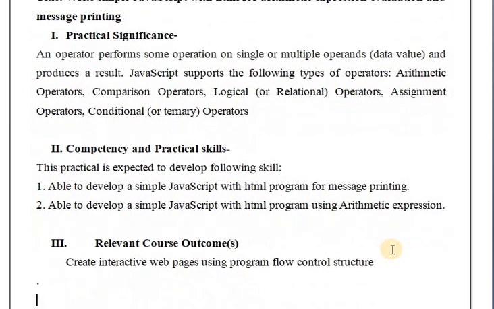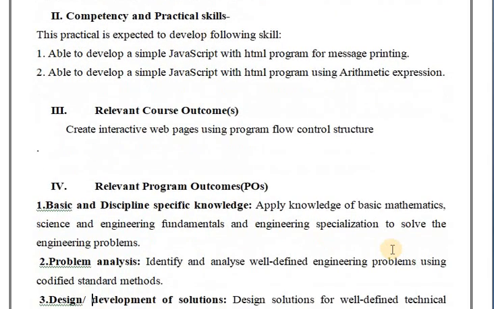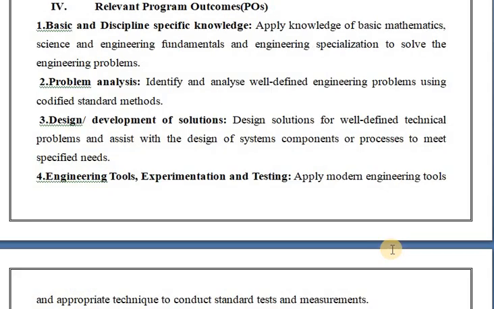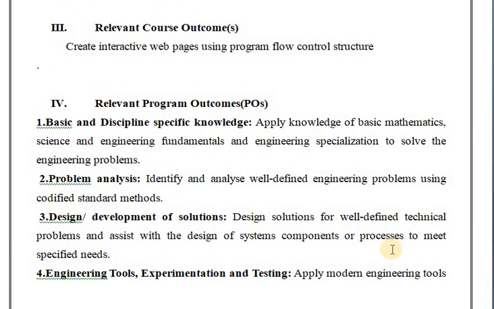Next point is the course outcome. The relevant course outcome here, for message printing and arithmetic expression operations, is to create interactive web pages using program flow control structure.